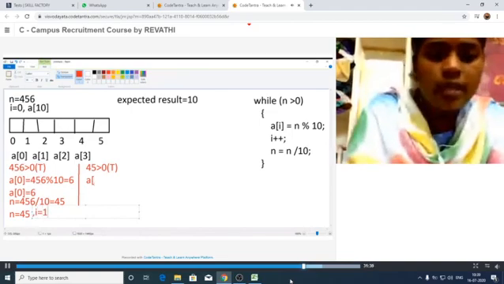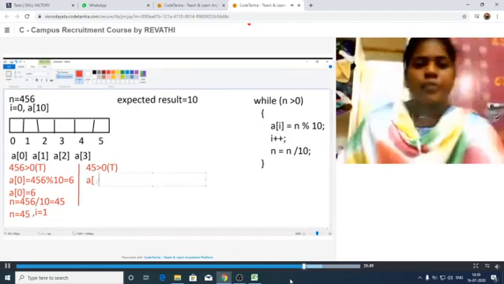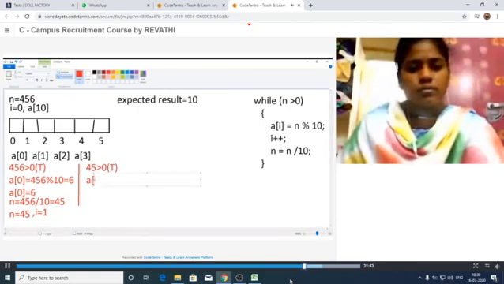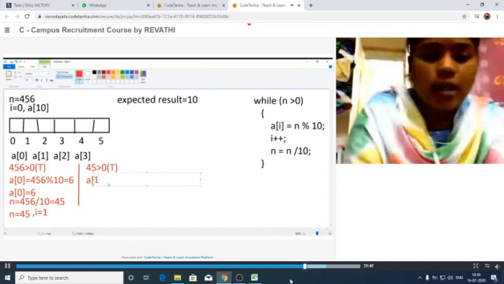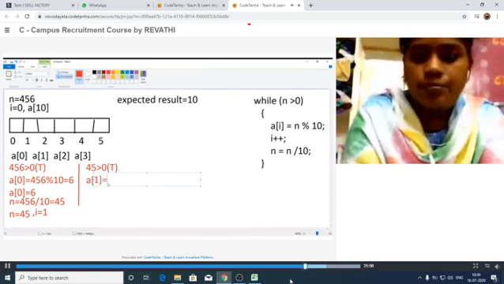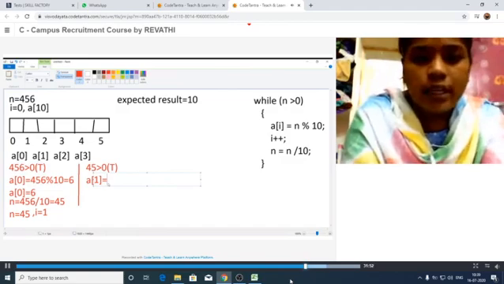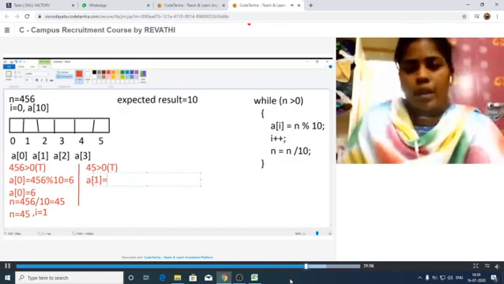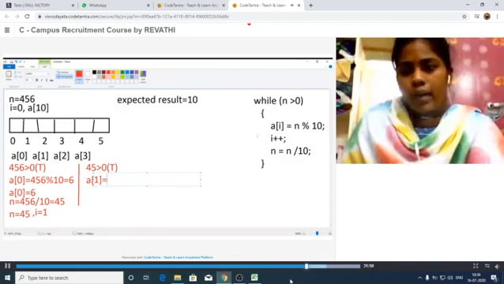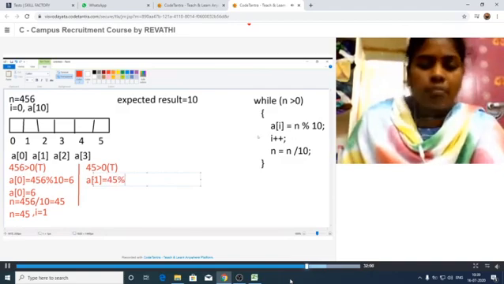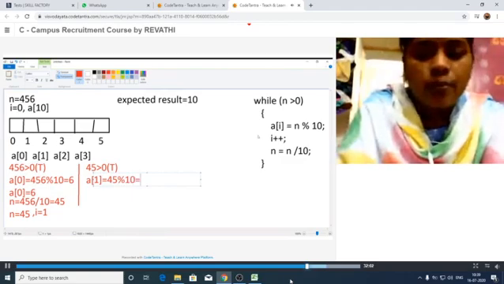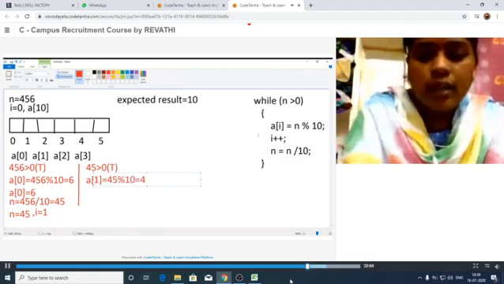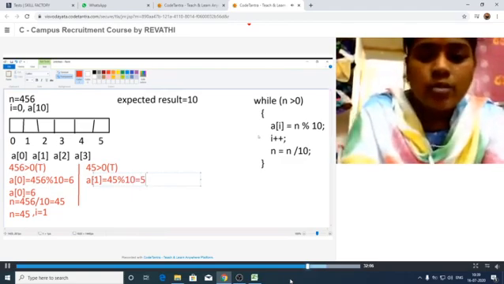Now I is equal to 1, that is equal to A of 1. See here, A of 1 is equal to, we have to calculate the remainder value. That means 45 modulus 10, it gives the remainder. What is the remainder value? That is 5 here.